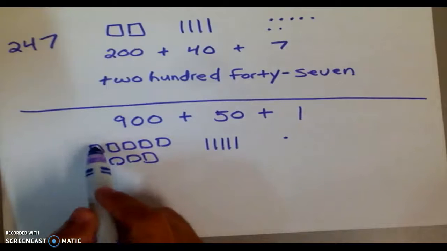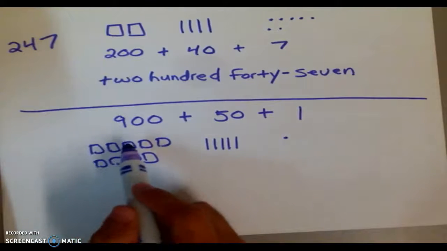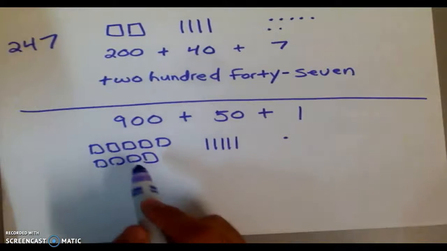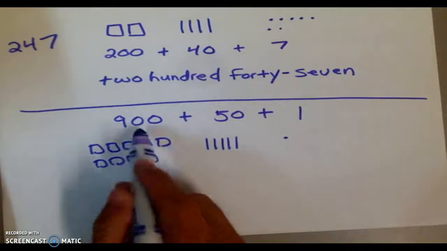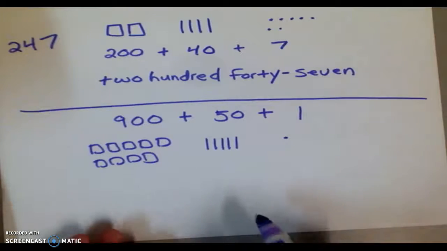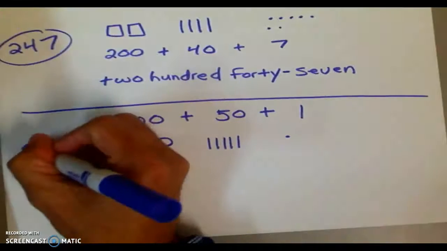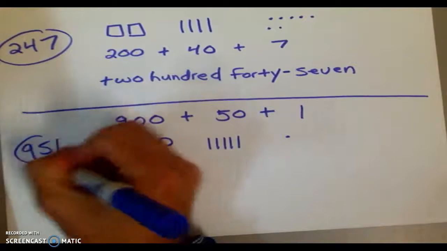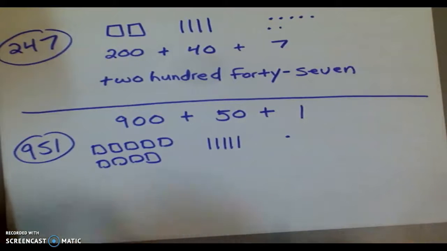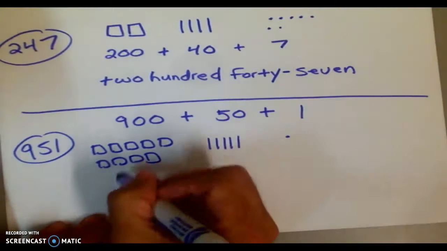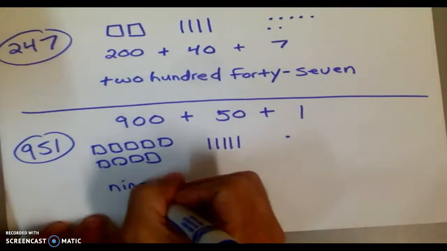So you'd have 100 Skittles in here. Sorry, Starburst, although I do like Skittles. 100 Starbursts in here. So you'd have 951. So standard form, right? Standard, which looks like this, would be 951. Okay, so we're just missing the word form, which would be 9, and you write it the same way